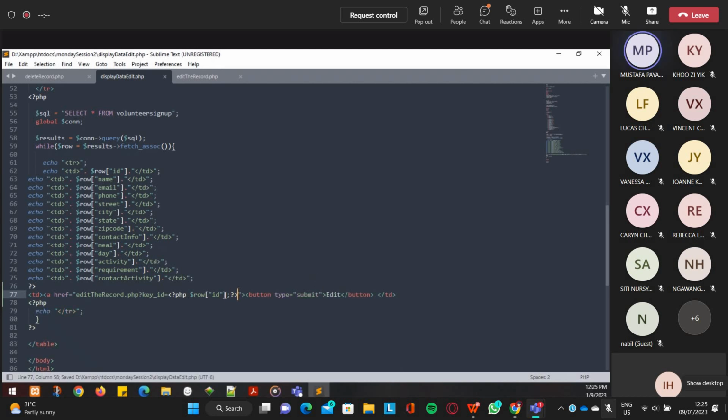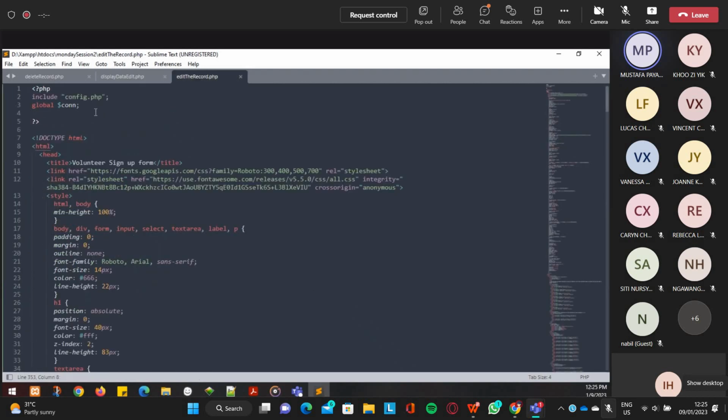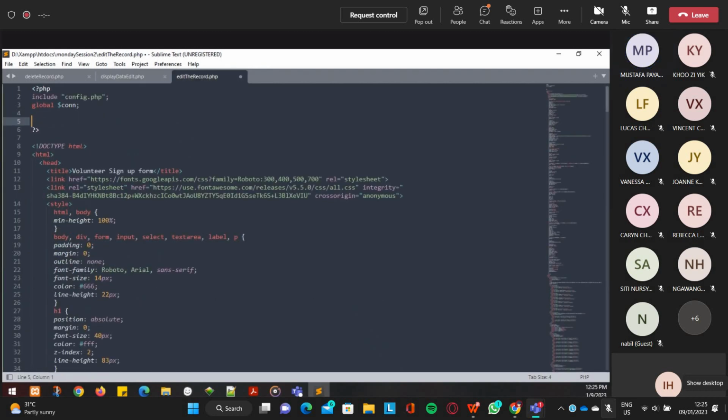So here I say, send the primary key to the next page. In this page, I say, get the primary key. So here I just said, which ID was received? I just said received ID